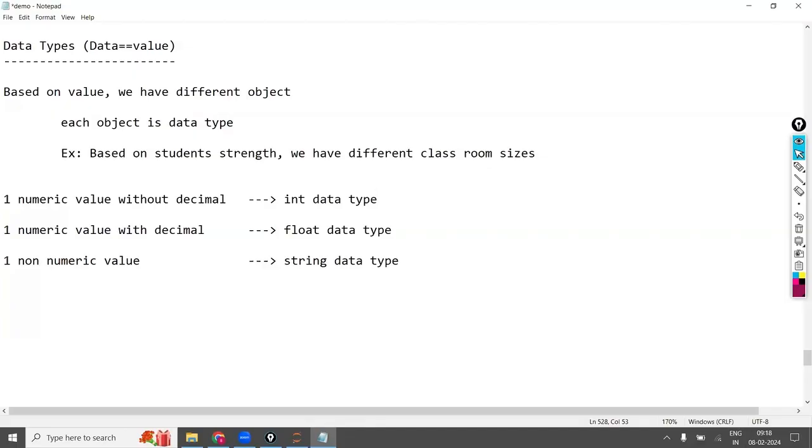All of these are used for only one value. You can't store more than one. If you have either true or false as the value, then these two will be stored in the Boolean data type. Only these two.